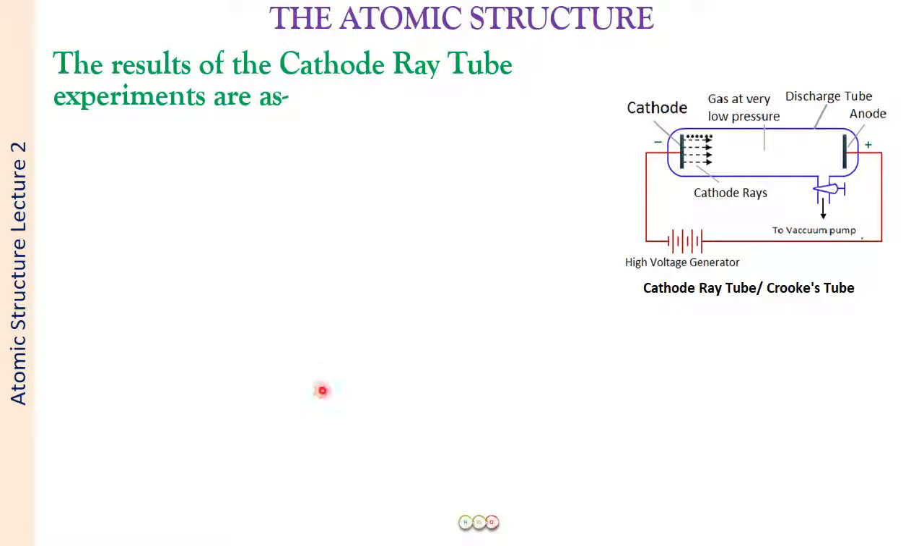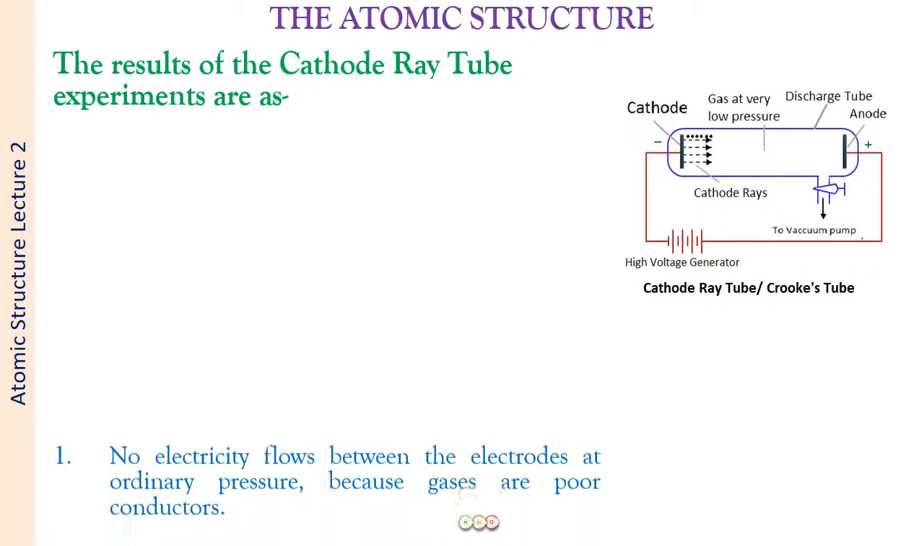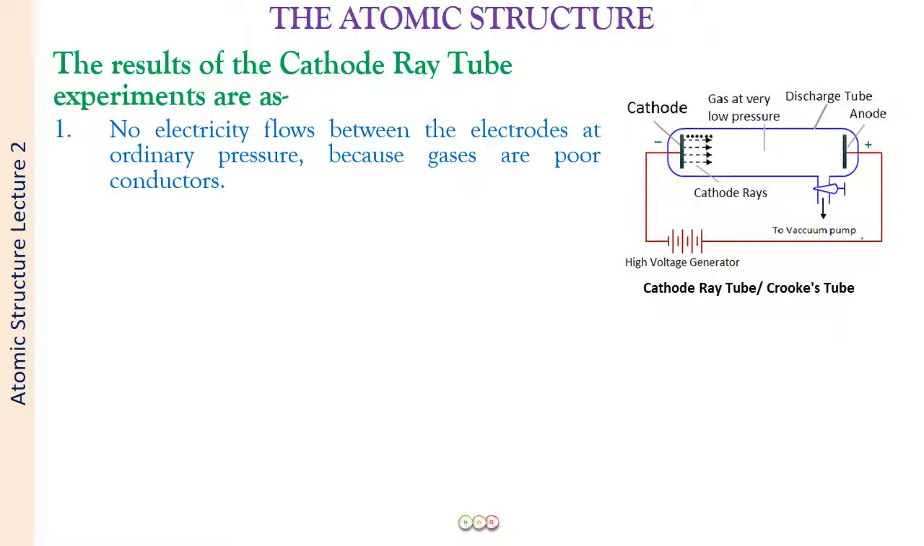The cathode ray tube is also called the Crookes tube because William Crookes was the first person to study the conductance of electricity through the cathode ray tube, right? And when a sufficiently high voltage was attained, they saw the following results in the experiment. The first was that no electricity flows between the electrodes at ordinary pressure because gases are poor